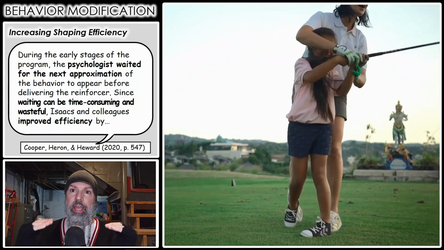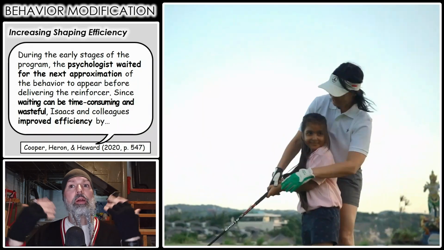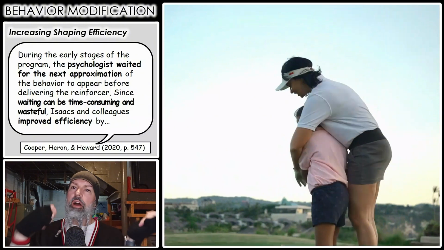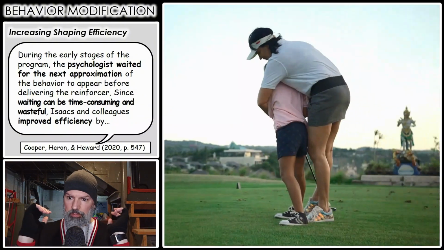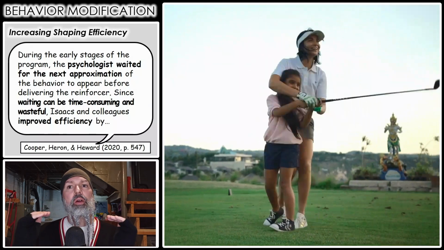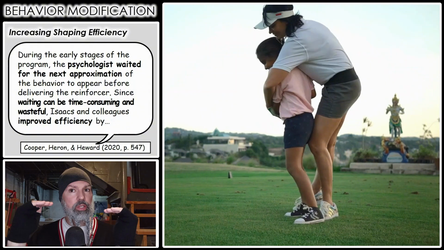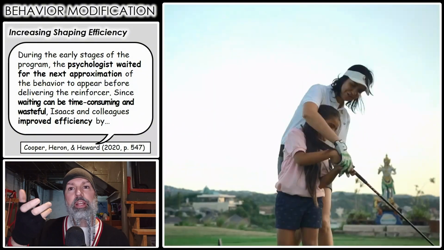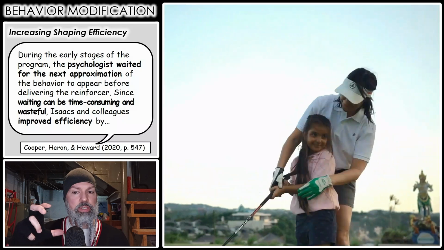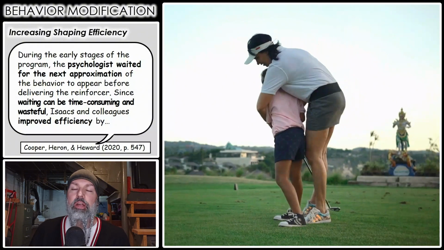Now, this will, again, allow them to more efficiently get to that next iteration of the behavior, rather than if you just let them swing the golf club and we're waiting for them to use the proper technique. So also importantly, while this technique does let you go to the target behavior and shape it more efficiently and more quickly, it's also important that those physical prompts should be faded over time. So you might start with a full-on bear hug, teaching this individual how to golf,